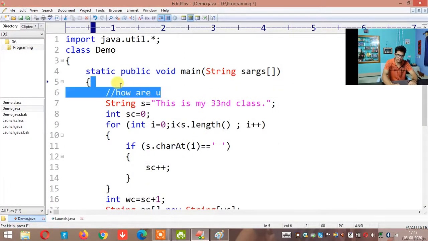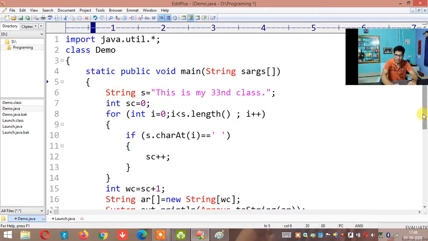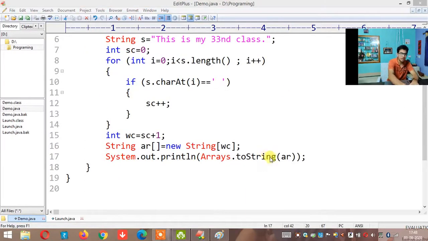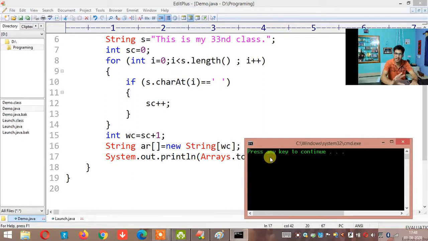So here I will erase this. Okay, so this is the way to import arrays and print arrays. So I am printing the arrays now. If I print the arrays, can you see that it is null, null, null, null, null? Why? Because when you create an array, default values are added, right? For integer type array, default value is 0. For boolean type array, default value is false. For double type array, default value is 0.0. For string type array, default value is null. For dog type array, default value is null.